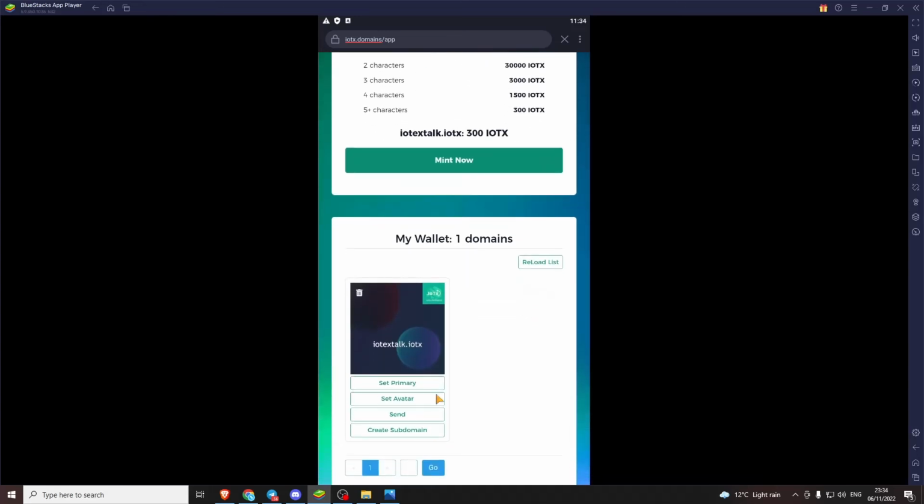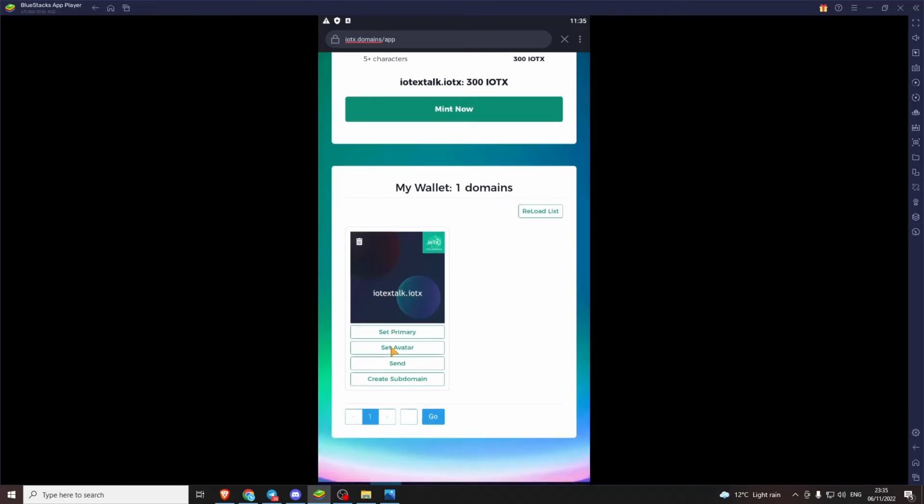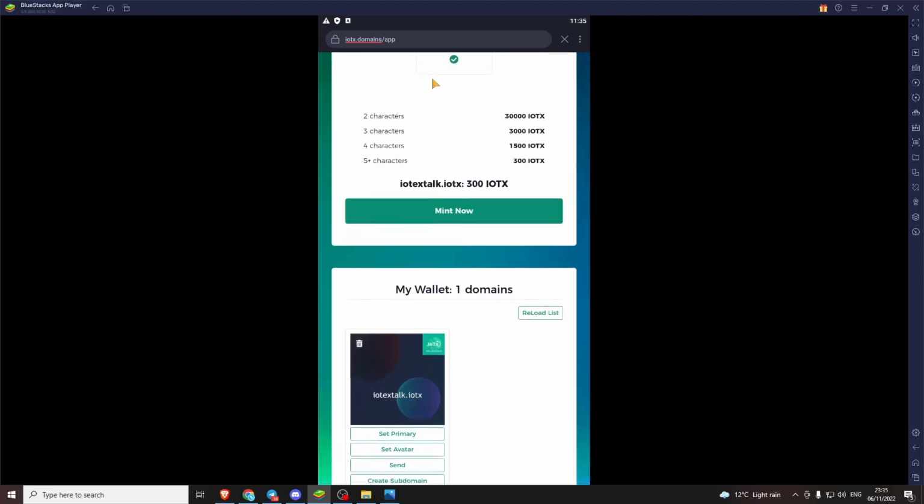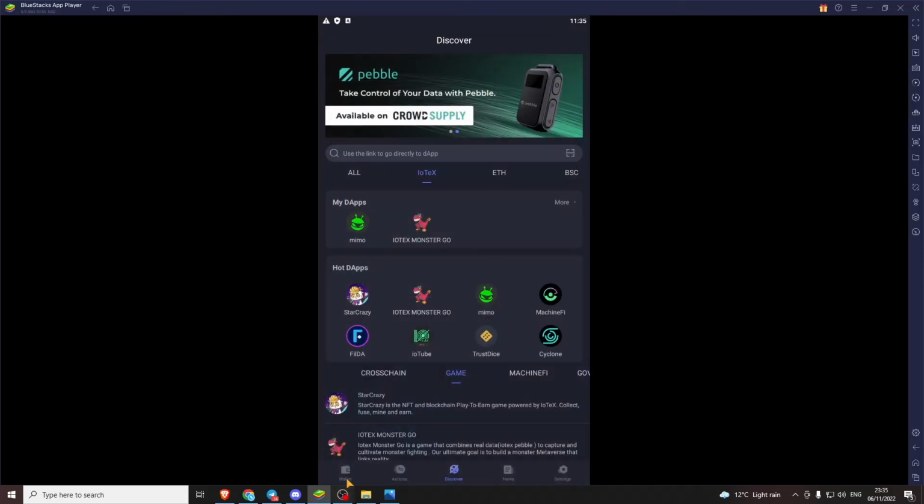You can see now that transaction's gone through. We've got IoTeX Talk.iotx. Maybe I should have taken the E out. Doesn't matter, it's only 300 tokens. But yeah, we've got the domain. We can send it, all the normal things, and if we close this and we were to go into our